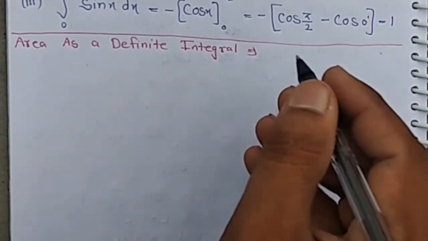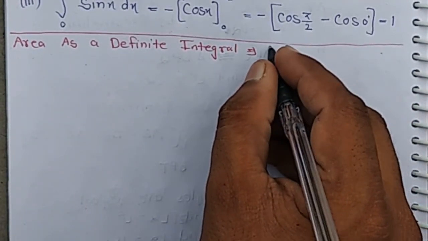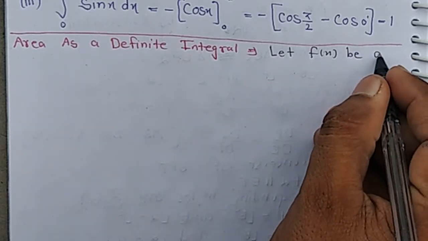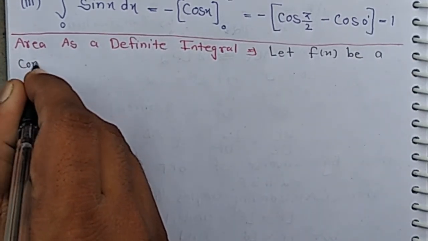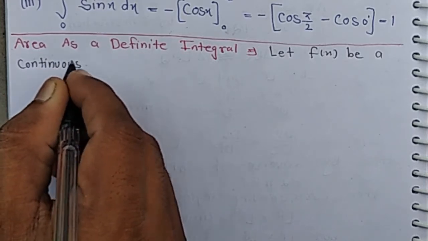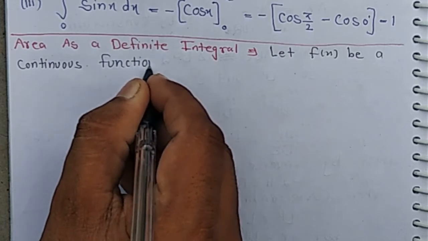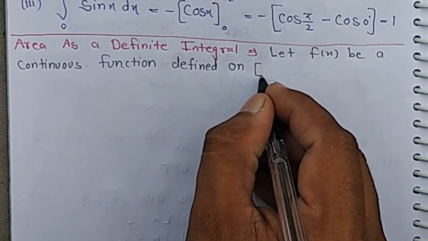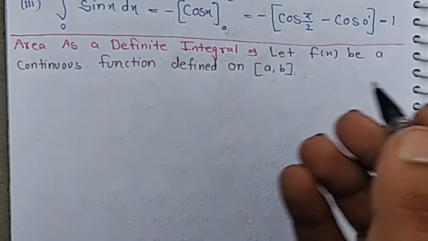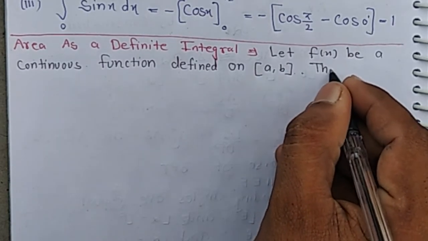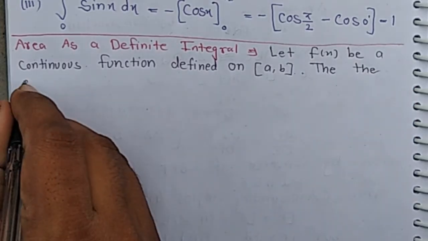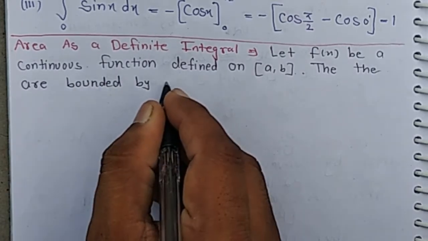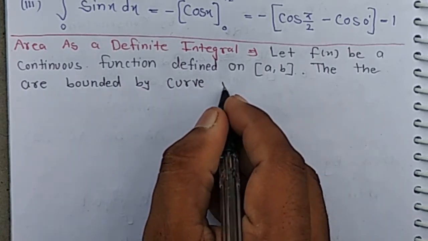Area as a definite integral. Let f(x) be a continuous function defined on [a, b], then the area bounded by the curve y equal f(x),